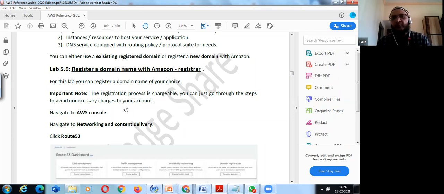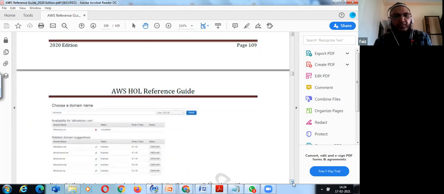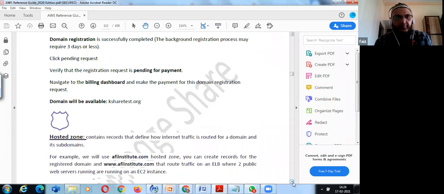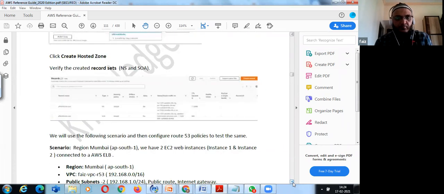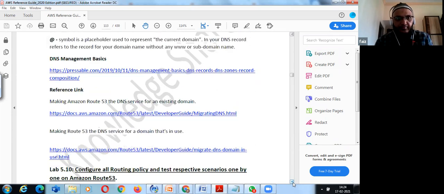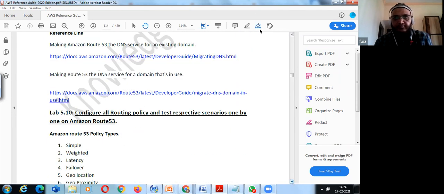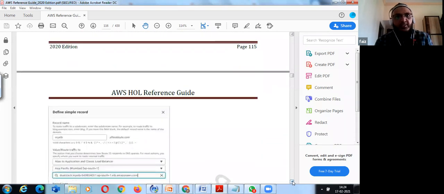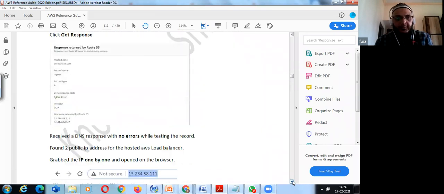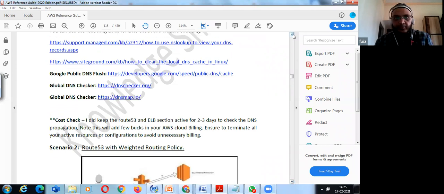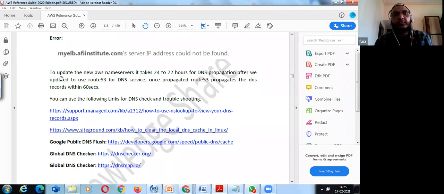But if you see, we come down to this. What I did was I registered in GoDaddy, and whatever changes I was doing, there is the propagation time to update those names.